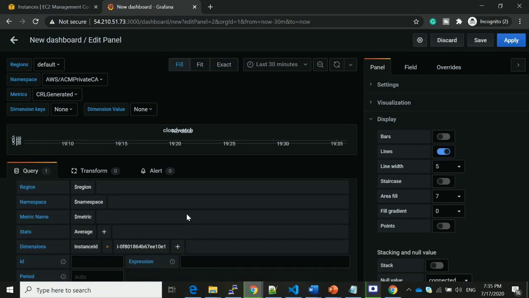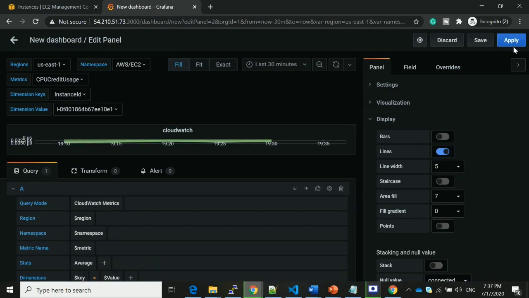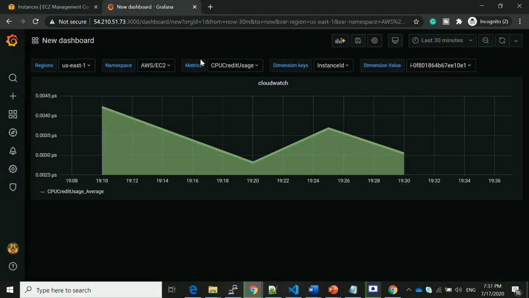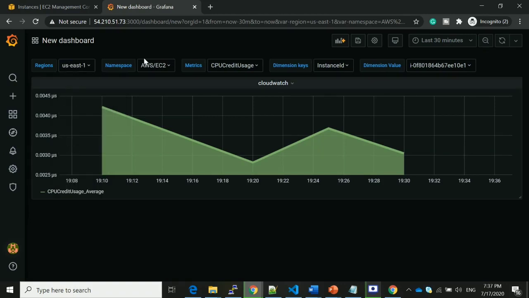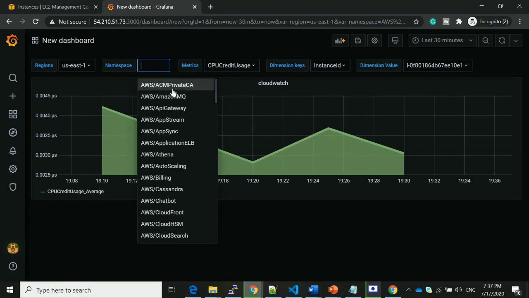Here under the dimensions we have to select dollar key value and we have to provide the dollar value. Okay, after providing all the details, just click on the apply button. So if you observe here, our graph has become dynamic, so you can choose whatever you want.